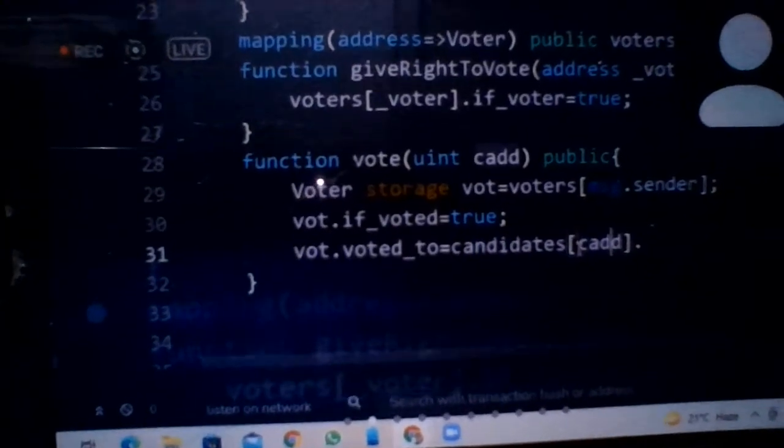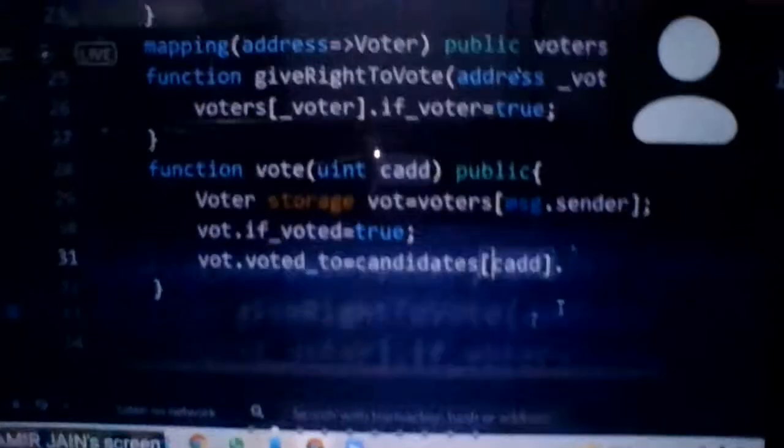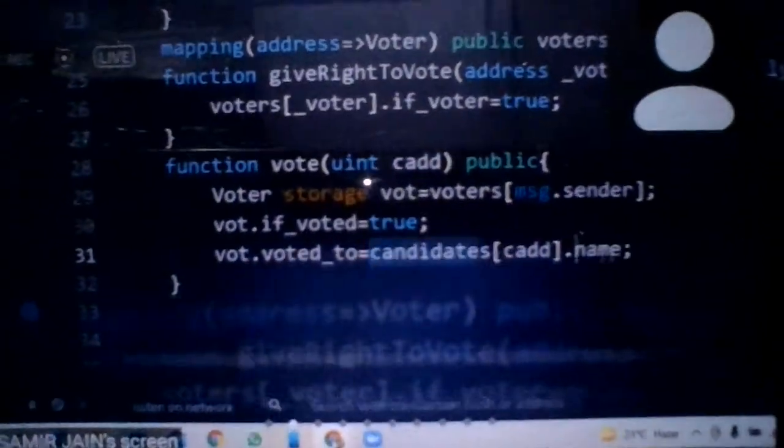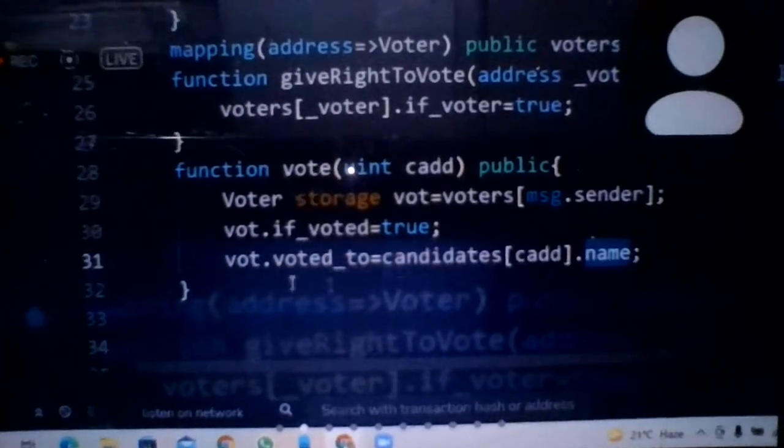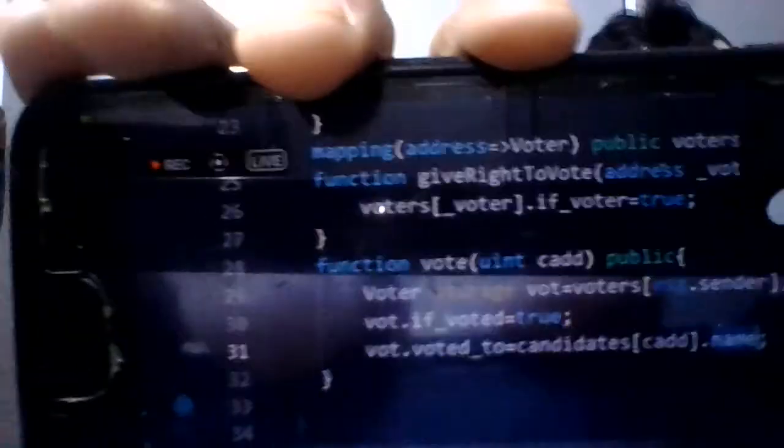Using the index we have reached that position of the array, and from that position we have taken out the name. So vote dot voted to is equal to candidates, this cad dot name. Okay, we have to always see that we have taken the same thing like this, otherwise there will be an error. Now we have to increase the candidate's vote count by 1.